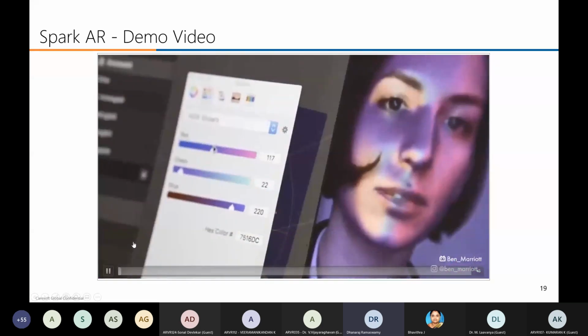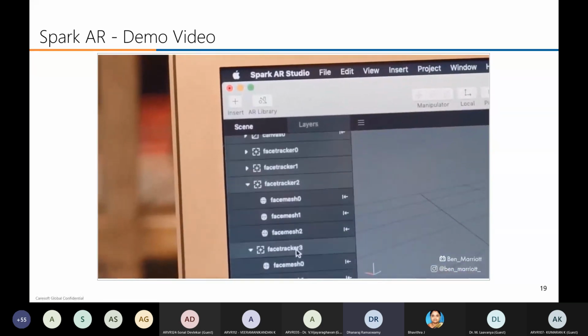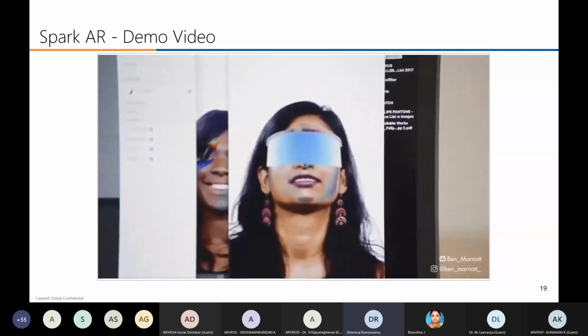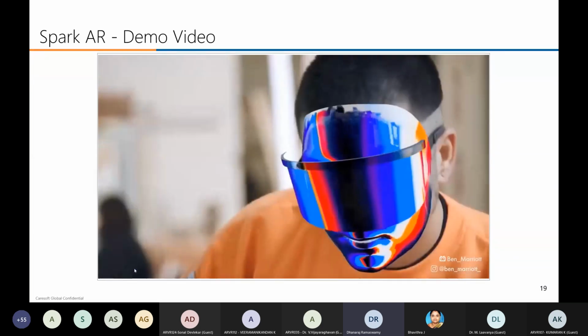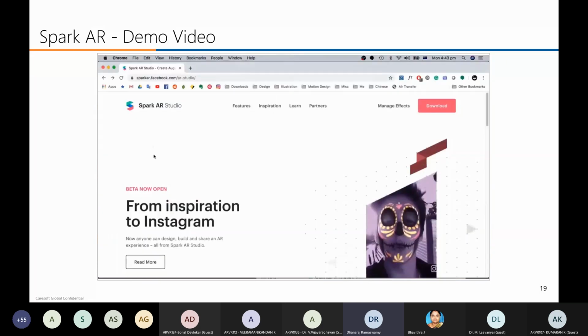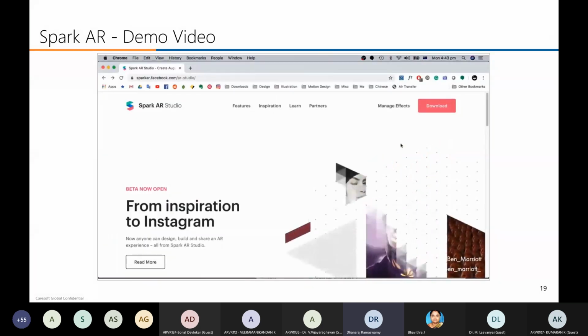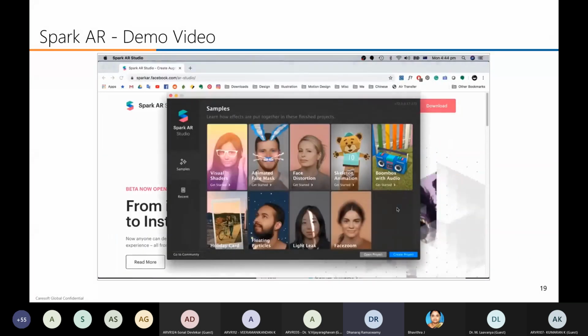I'm going to show you how to get started making Instagram filters in Spark AR and make a face tattoo filter in minutes. Spark AR is what all Instagram and Messenger filters are made in. Now it's free and available to everyone. To get started, you just need to download it from their website and you're good to go. When you open it up, it looks like this. You can click on any of these to test some existing effects that they've made, but we're going to create a new project.